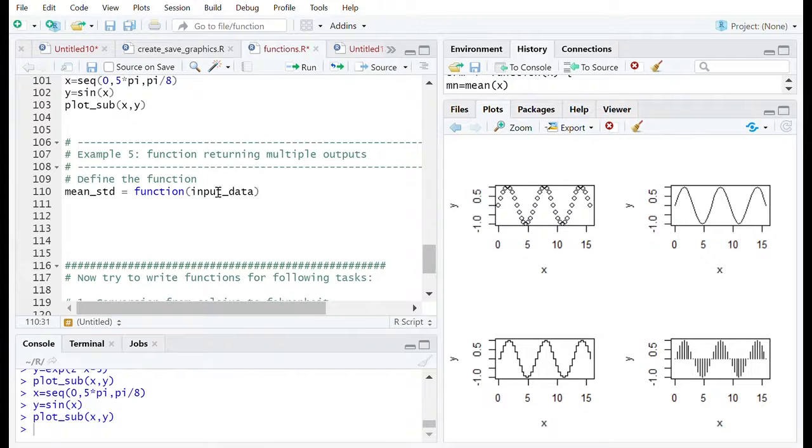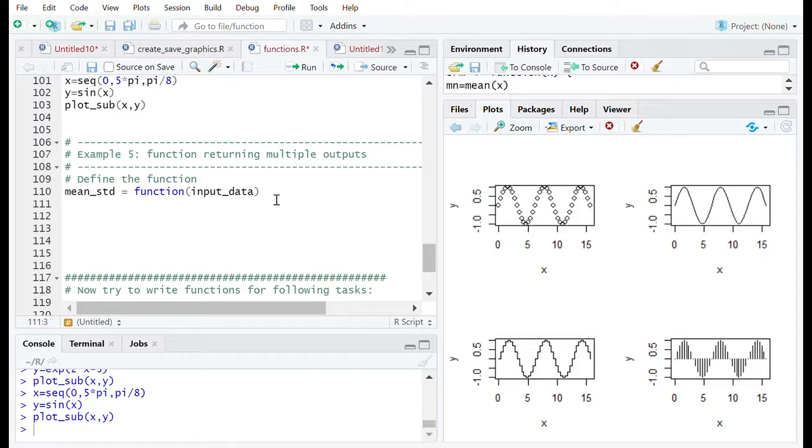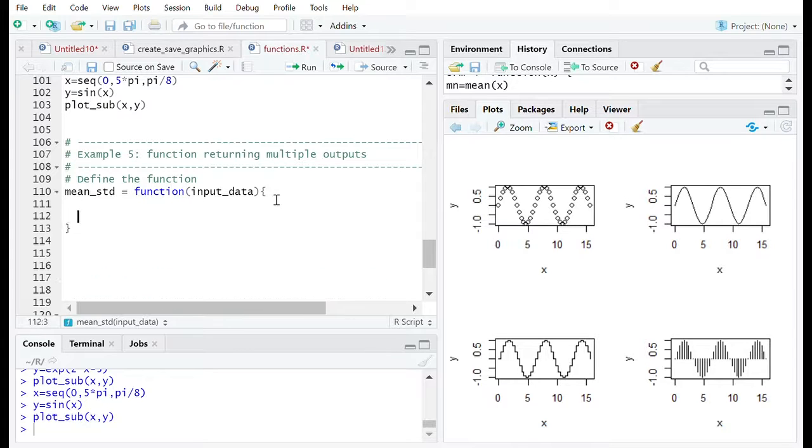So basically we are providing some vector here, and then mean val equals to mean of data. Then std val equals to sd of input data. Then I'll return